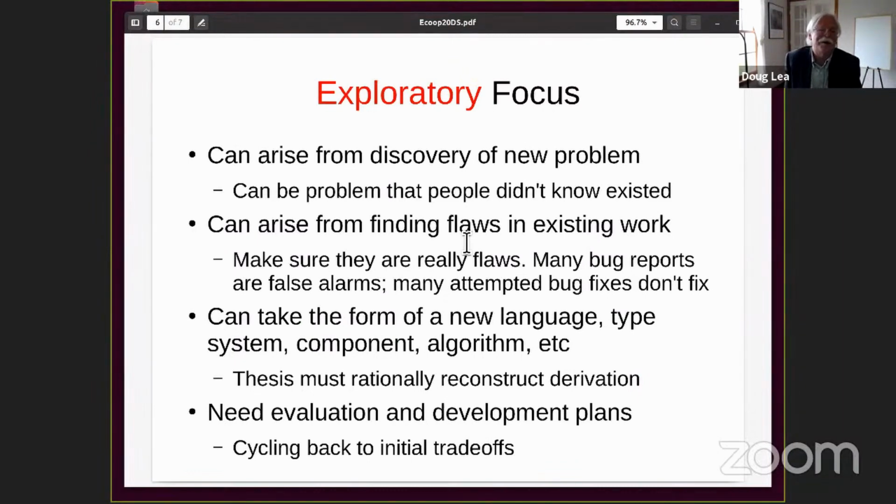In part because other people don't know the problem exists, they're not working on the solution. So you have a little bit of runway before the field comes crashing down on you, because once a problem becomes overly exposed,